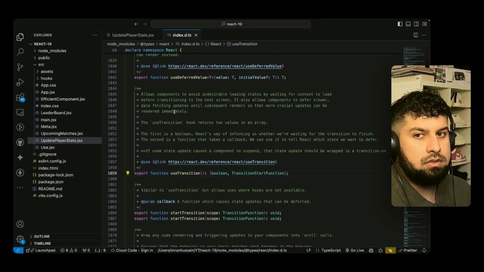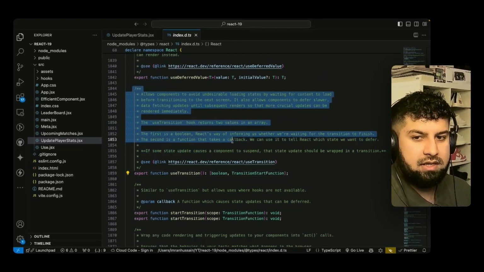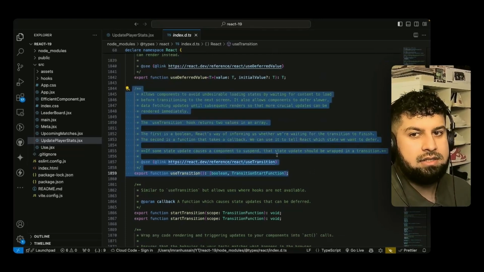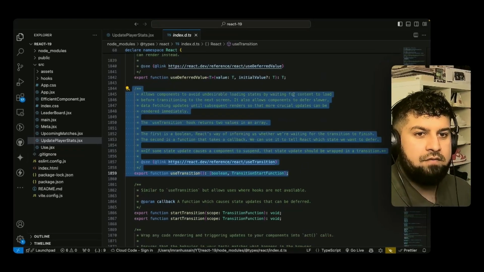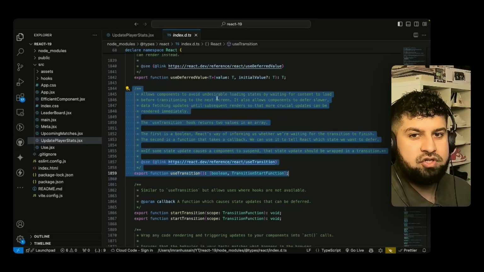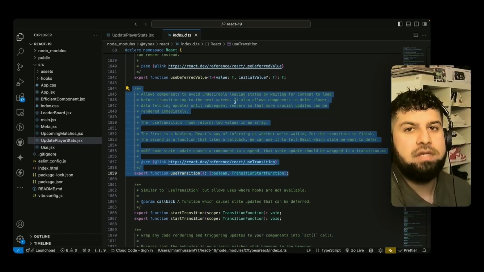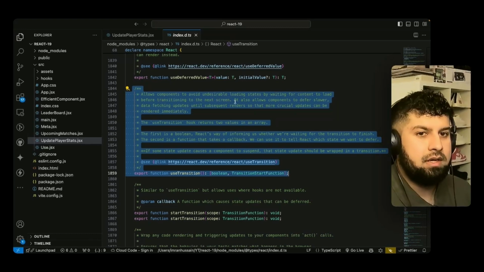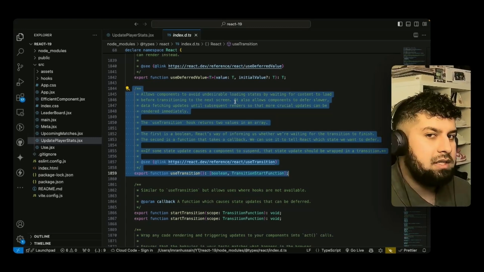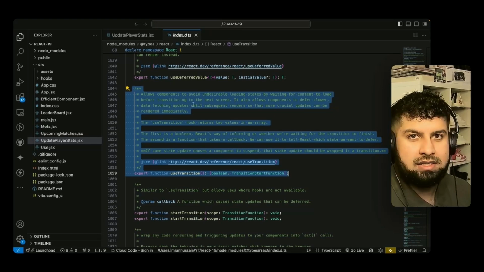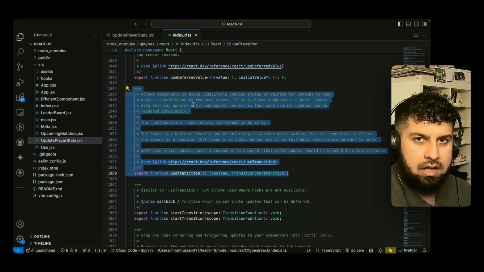In the React docs, you have this sort of blurb here, which explains what it is. It says here, allows components to avoid undesirable loading states by waiting for content to load before transitioning to the next screen. So basically, it allows for you to update. Whereas previously we had the loading where we would use state as loading, is loading, whatever it may be, and then we show a loading spinner. But in our case now, we can basically use a pending state,